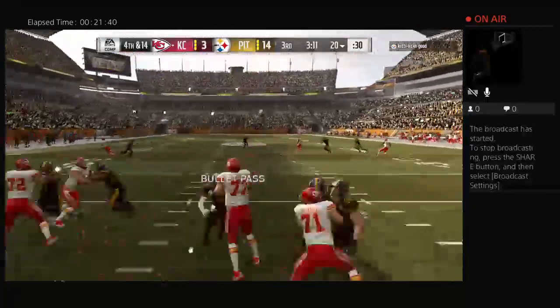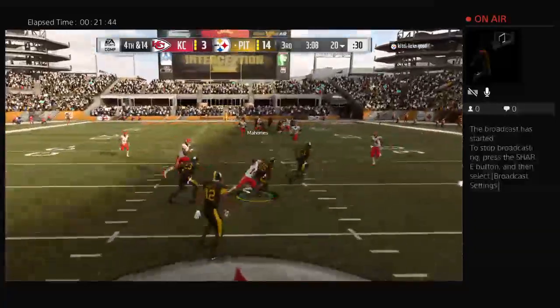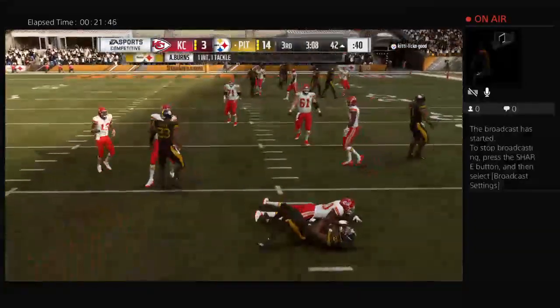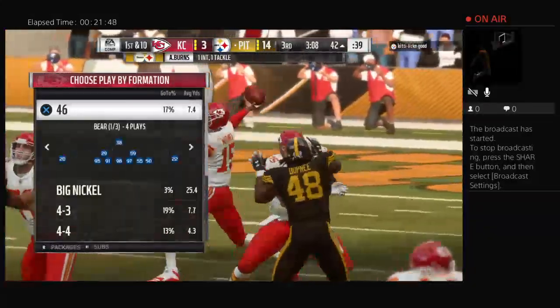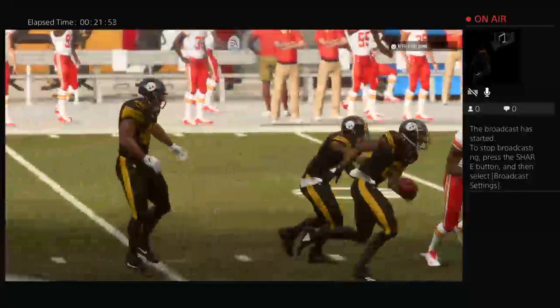Here we go, fourth down, Mahomes. Oh, a ball batted in the air, and now it's intercepted. Picked up by the former first-rounder Artie Burns. And they will set up shop in enemy territory at the 40. The defensive